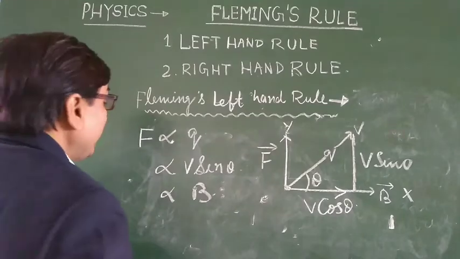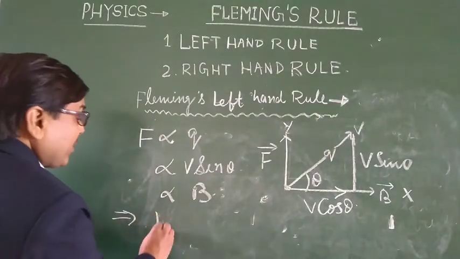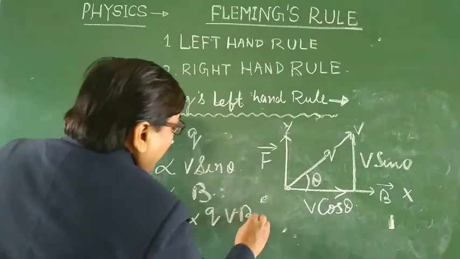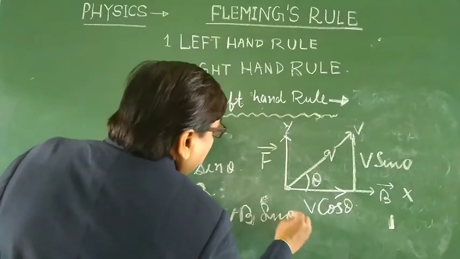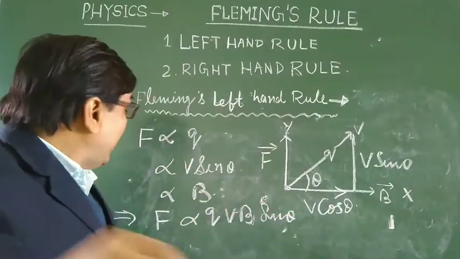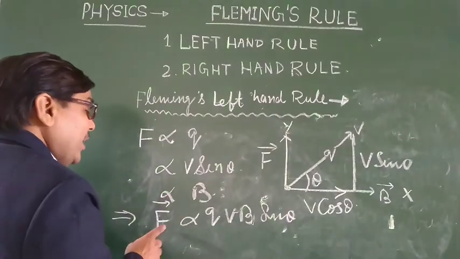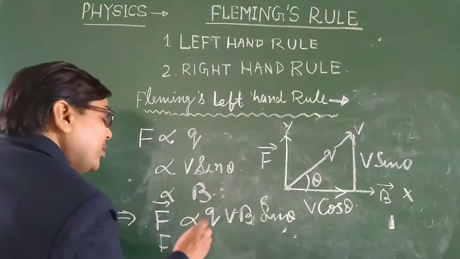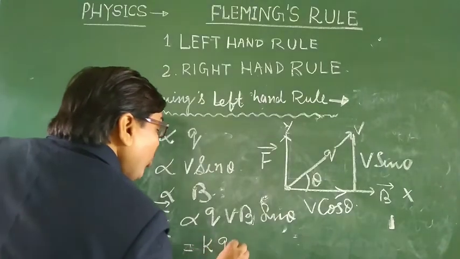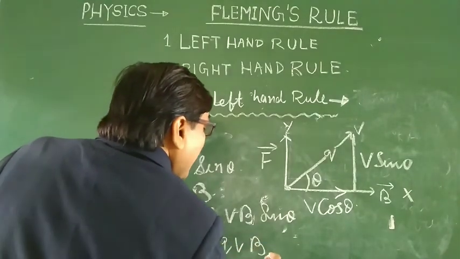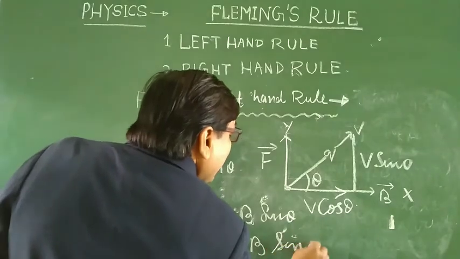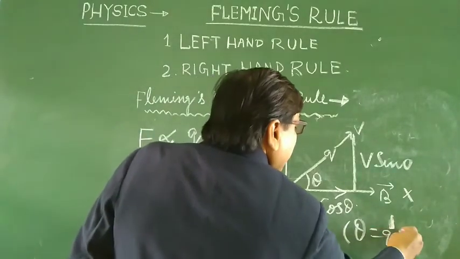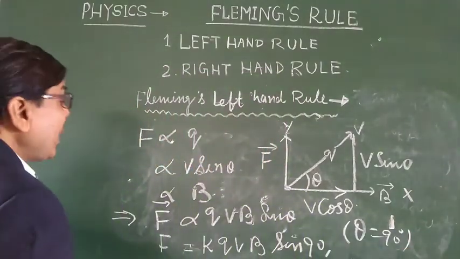If we summarize this, F equals Q V B sin theta. So this gives the direction and amount. Take Q V B as the constant. If sin theta is 90 degrees,